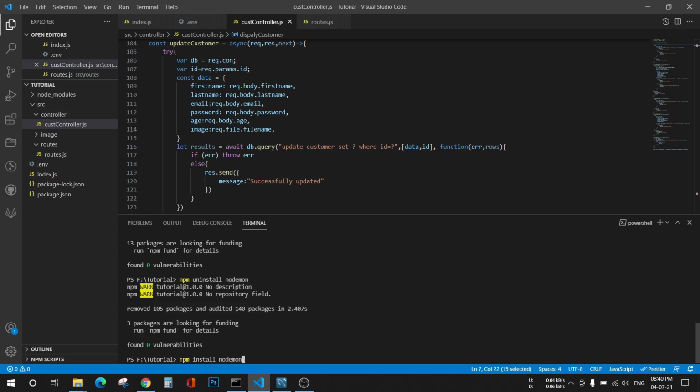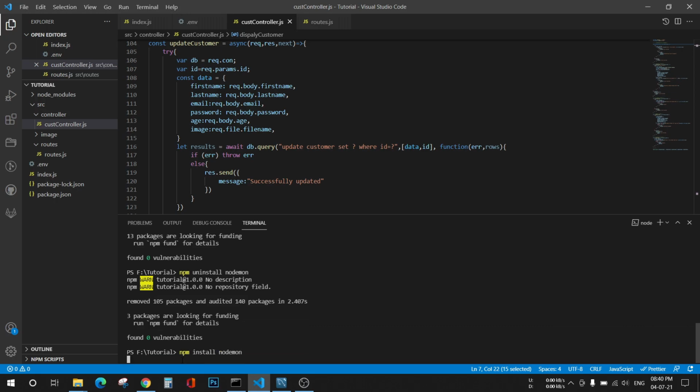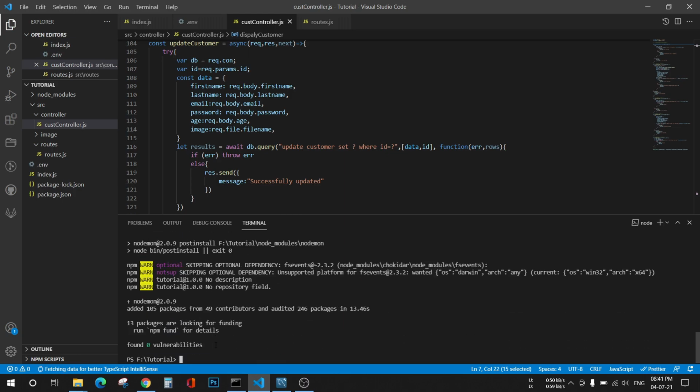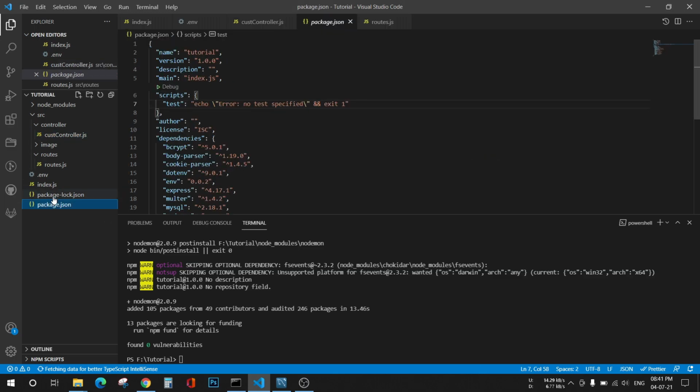What Nodemon does is it helps us restart the server again and again without doing it manually. So it is very helpful. Like if some changes have been made, it will automatically save them and then restart the server. Once it is installed, as you can see, now we will go to package.json, and